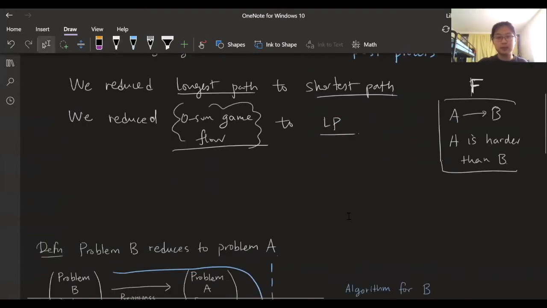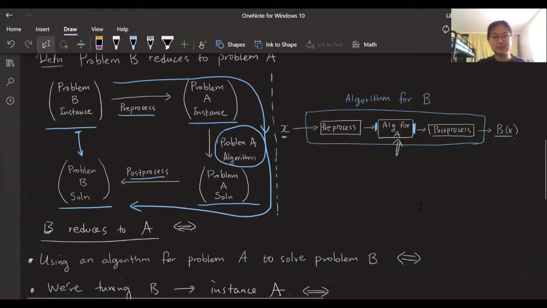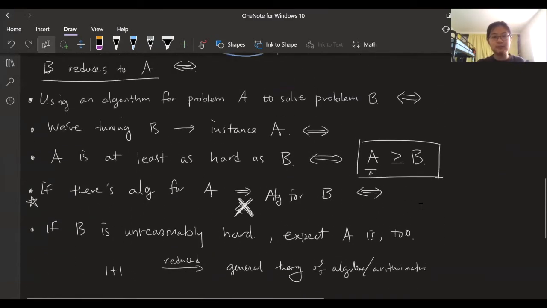I switched it up. I reduced A to B rather than B to A. So you can see that this could get very messy very quickly. But assuming that everything here makes sense, let's just drill it in one more time that B reduces to A